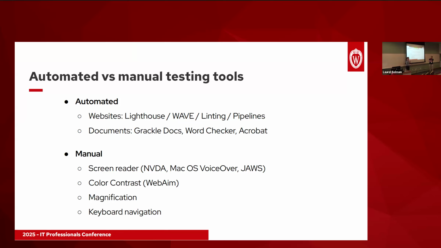Similarly, it does just what the Word checker does, as it's going to go through and look at your document and try to let you know what sort of things you might be missing at that point. Beyond that, though, what happens beyond these automatic checks, right? The manual checkers are really trying to emulate the actual use of assistive technologies, or really use assistive technologies. So in the case of things like screen readers,